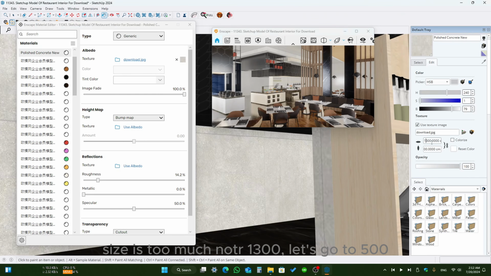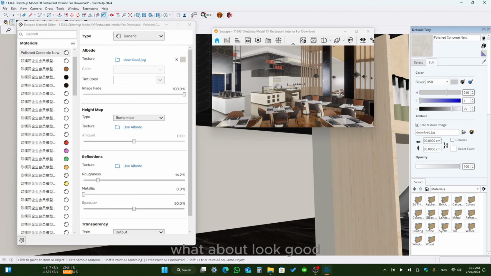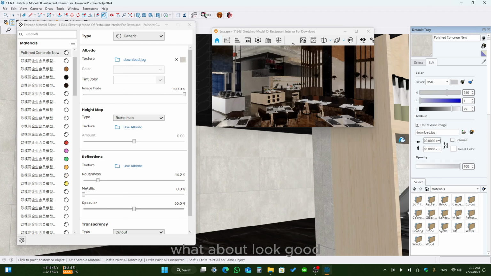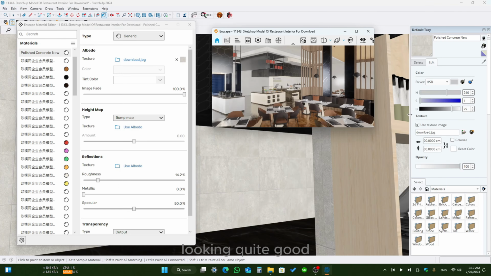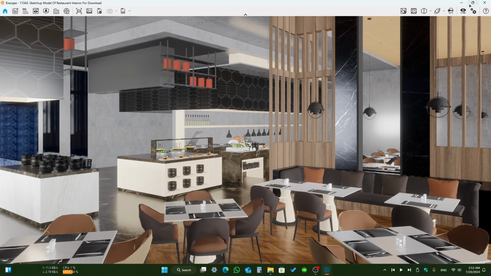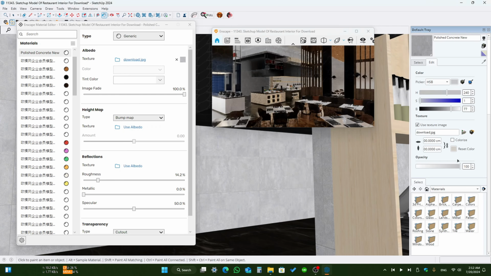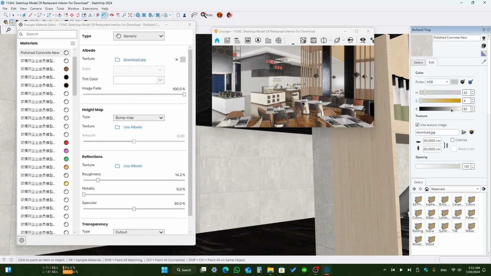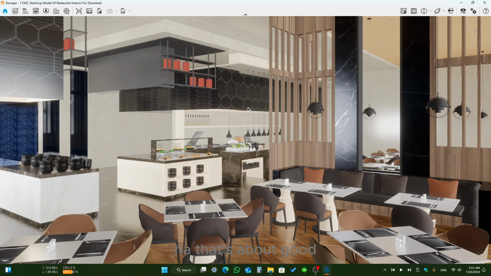Size is too much. Not 1300. Let's go to 500. What happened? Looks good. Looking quite good. Let's make it a little bit darker because it's concrete. Nope, a little bit lighter. That's about good. Okay,